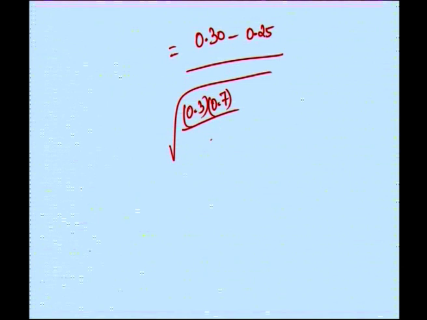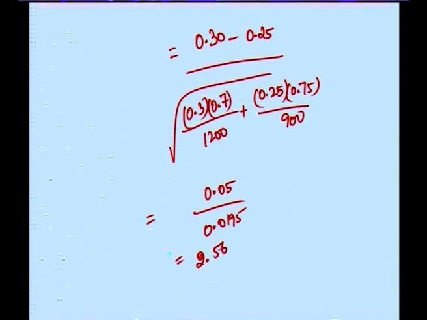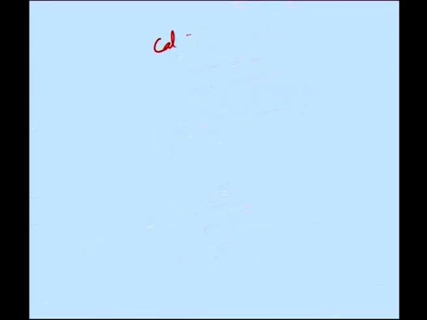N1 is 1200 plus 0.25 into 0.75 by N2 is 900, and this is equal to 0.05 by 0.0195, which is equal to 2.56. So, calculated Z at 5%, we will come to conclusion step, is equal to 2.56, and tabulated Z